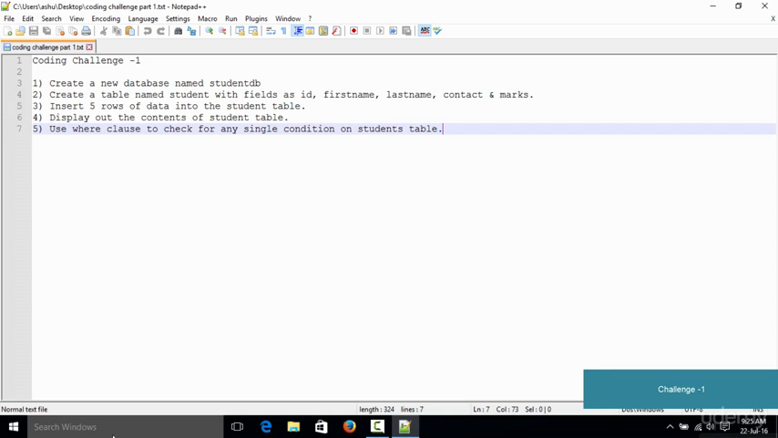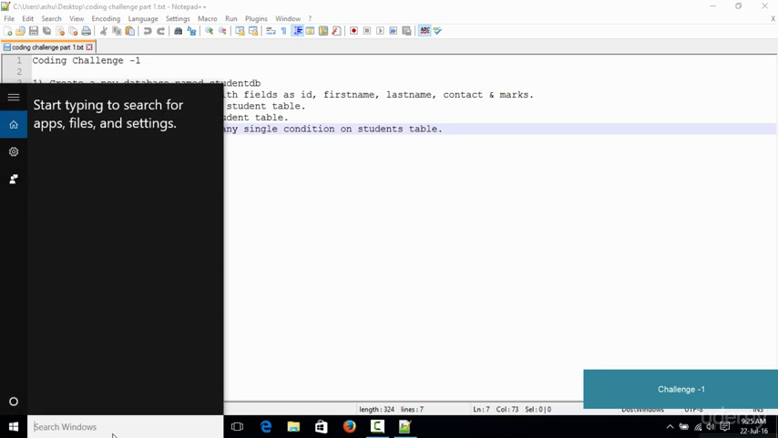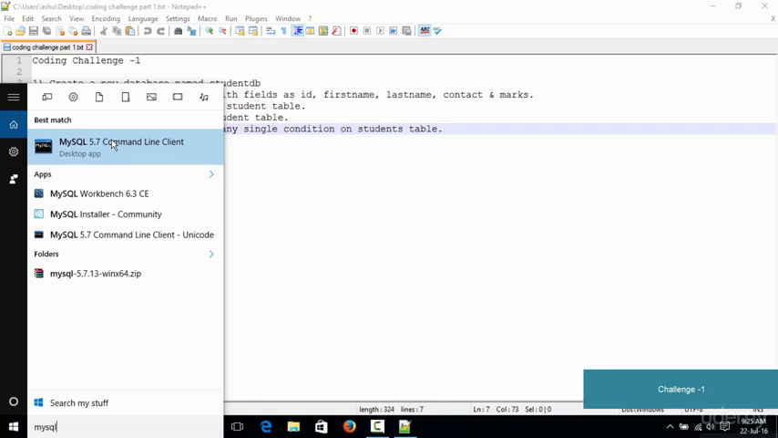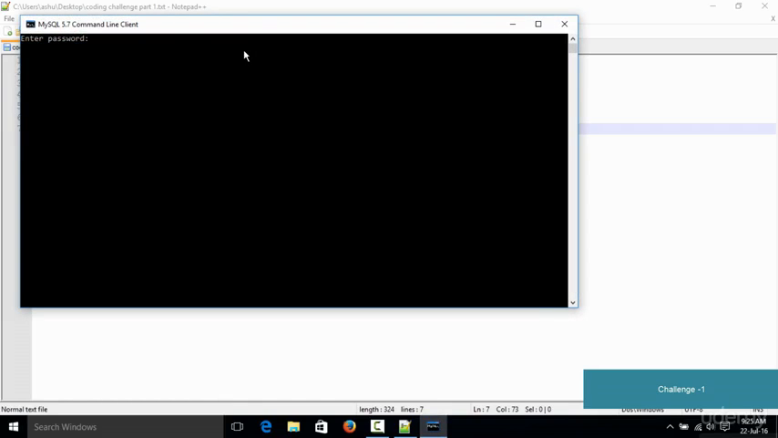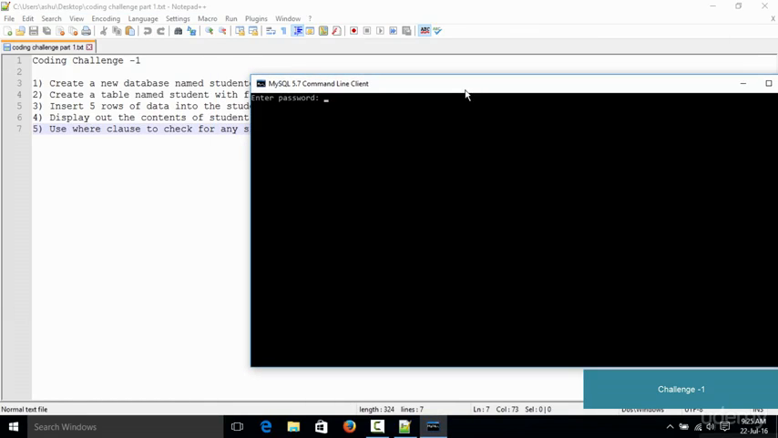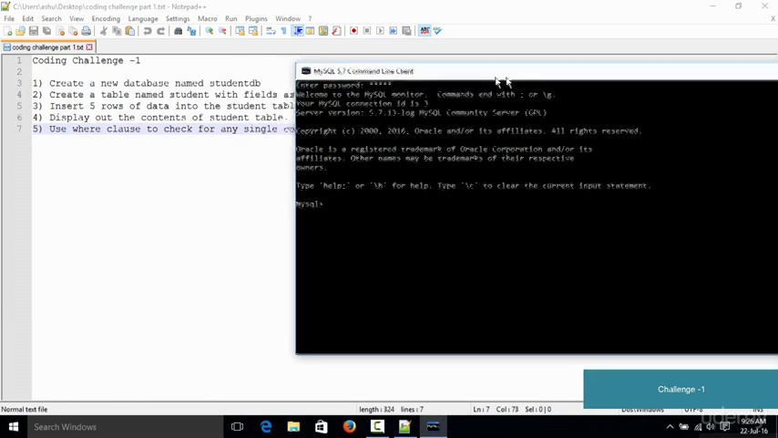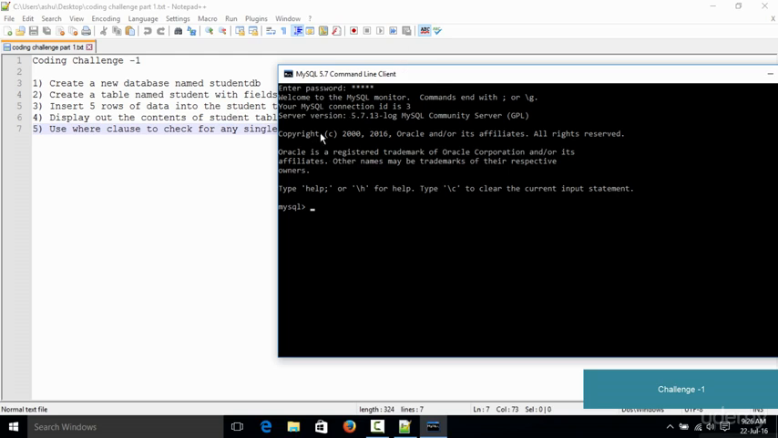So the very first thing which you need to do is open up MySQL. So I'm going to type in MySQL command line, and when you open up the command line, first we need to enter the password as usual. Okay, so now once we have entered the password, the next thing which we need to do is that we